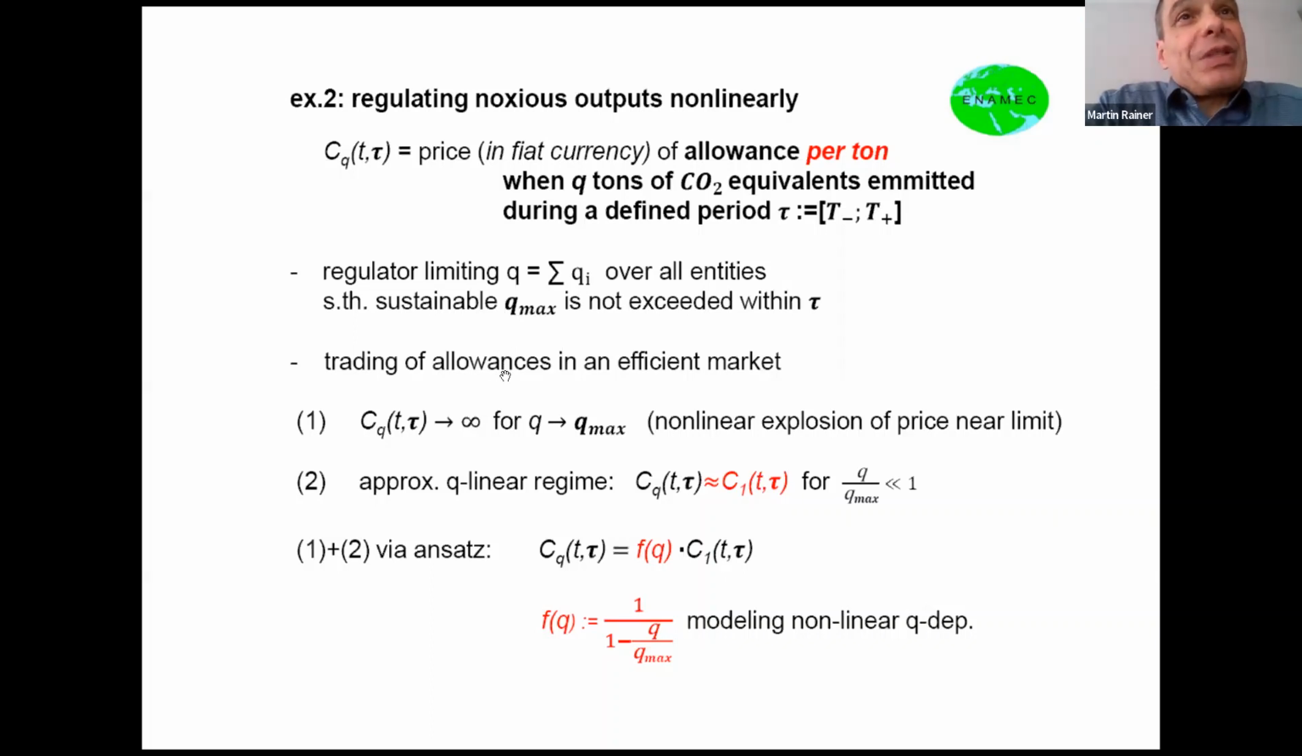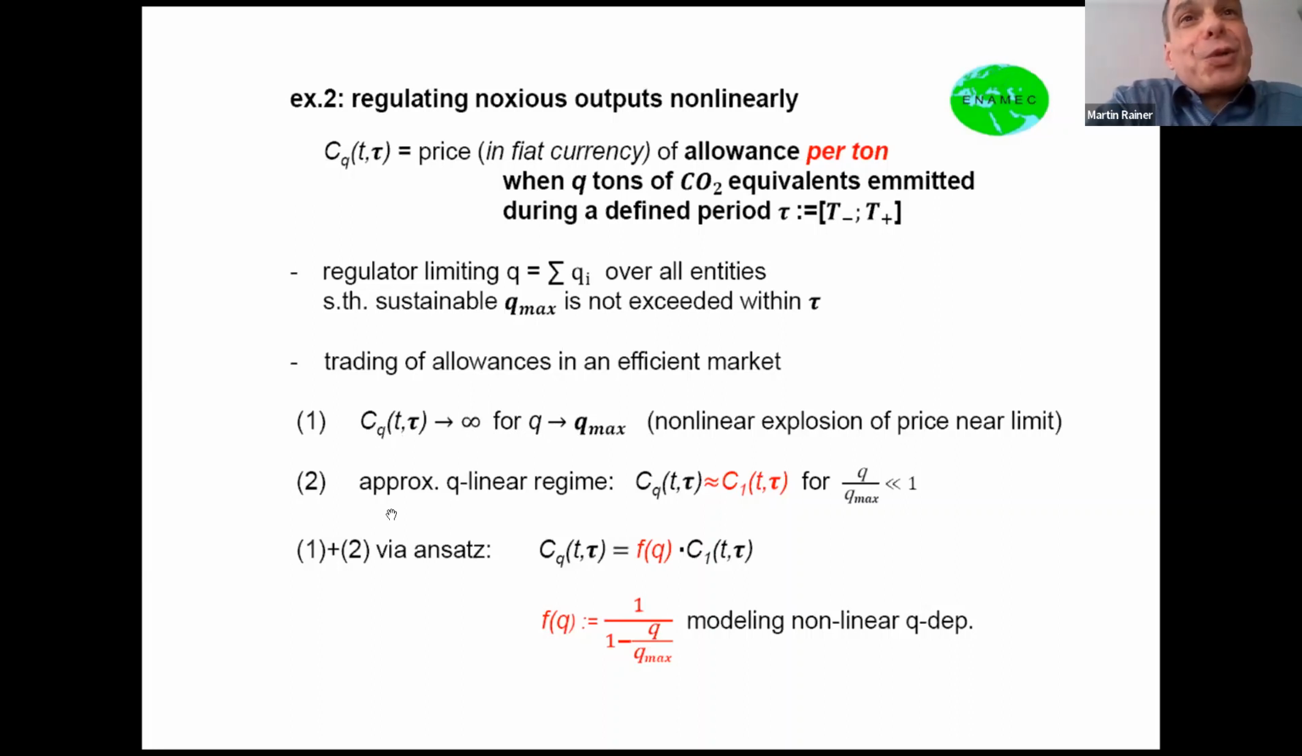And if you now have an efficient market trading of such allowances, the price is dependent on the quantity. This means the price will go up, of course, if I go with my quantity to the sustainable limit. So naturally, because this limit is strictly regulated and companies cannot exceed it, theoretically this price should go up to infinity, which will prevent companies by force